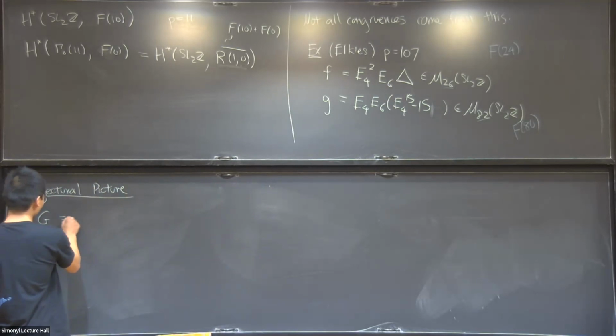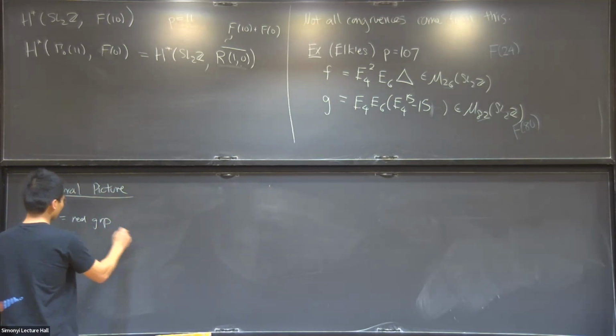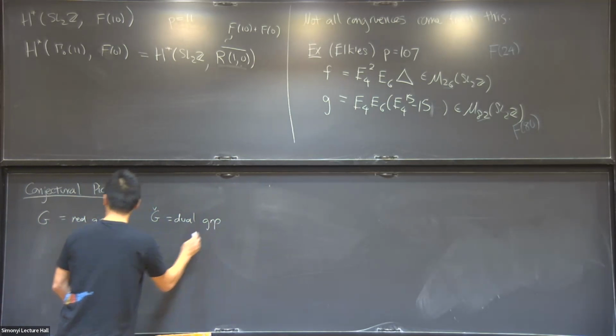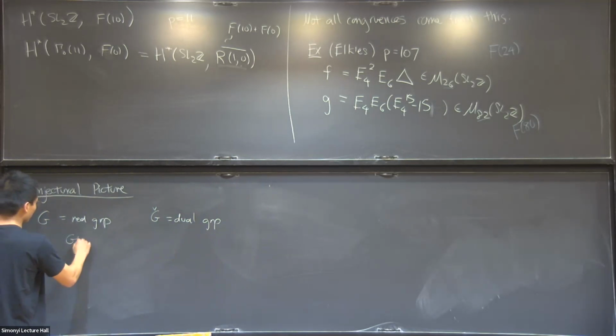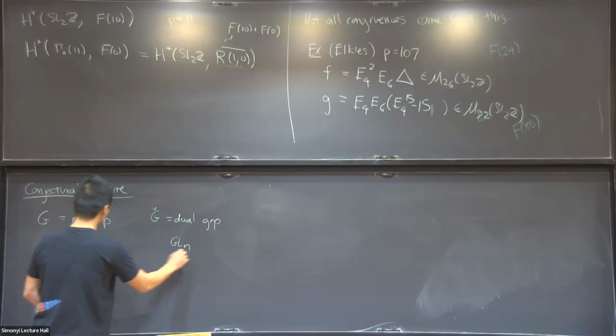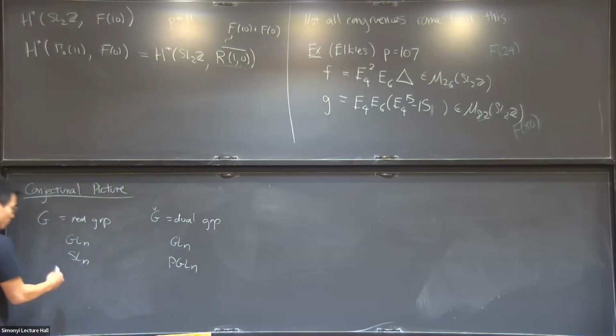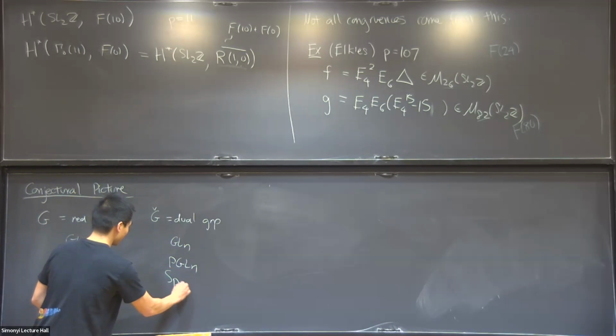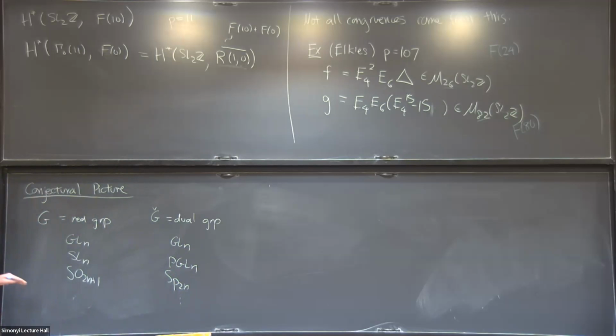Okay, so G will be a reductive group. And then there will be something called the dual group. I think it's interesting enough for our purposes to think about GL_n, in which case the dual group is also GL_n. But I'll list some more examples in case they aren't familiar. So on and so forth. The idea is that there should be some notion of automorphic form for this more general reductive group G. Previously we had basically been discussing SL2 or GL2.